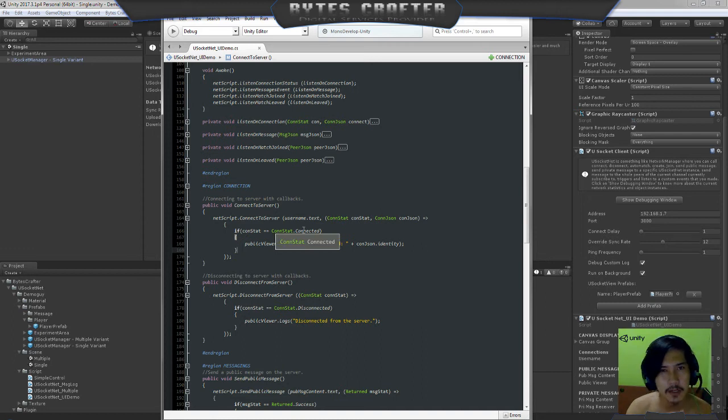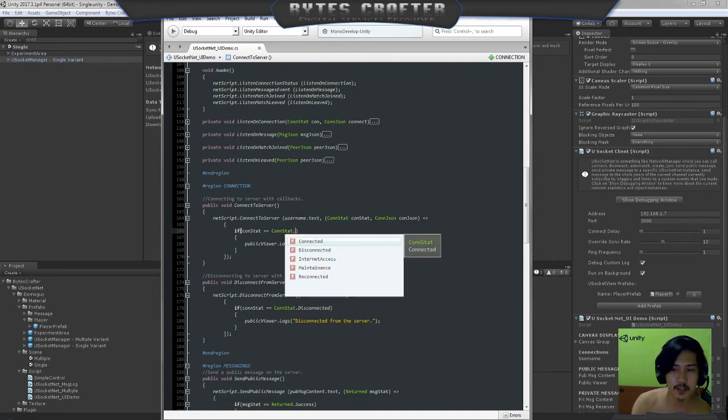So every event is handled here. This is what I prioritize here. I always make sure that every action that you can do in uSocketNet can be subscribed to whatever the result is. For example, the constant is connected. We will try to see what the current enum for this constant is.